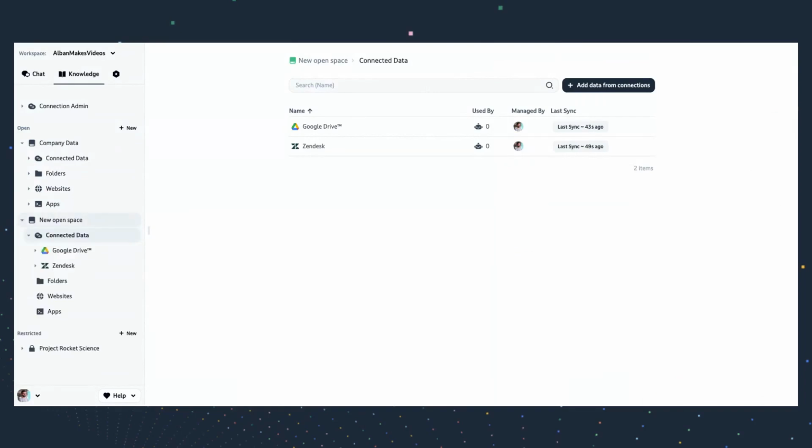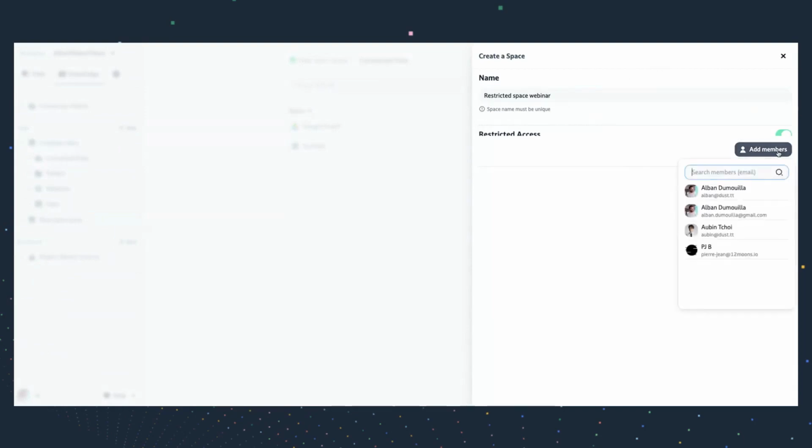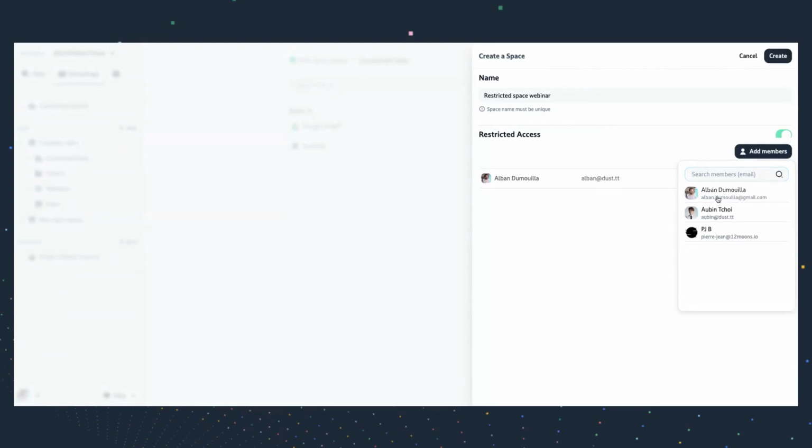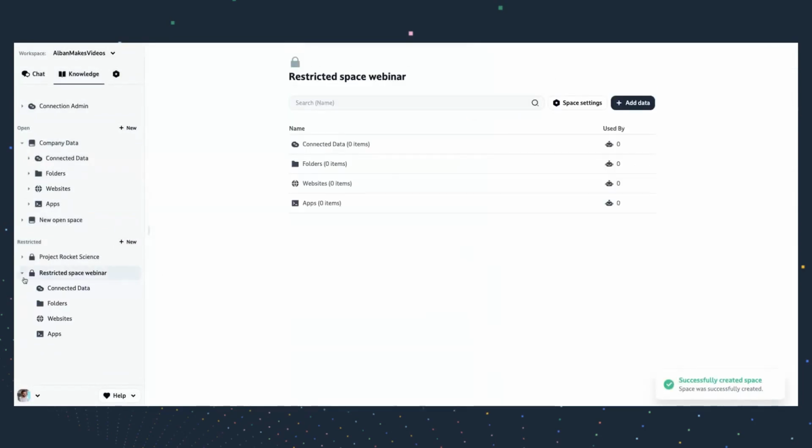If I want to create a restricted space, it's pretty much the same thing. I'm going to say, okay, new space name, restricted space from the webinar. I'm going to tick that restricted access box, and I'm going to be able to add some members. So in that workspace, I don't have a lot of members, so I'm going to add those 3 members and create a space. And here what's happening is that I've got my restricted space, I've got members attached to it, and so only the members that I just added can see that space and can create assistants or use any assistant in that